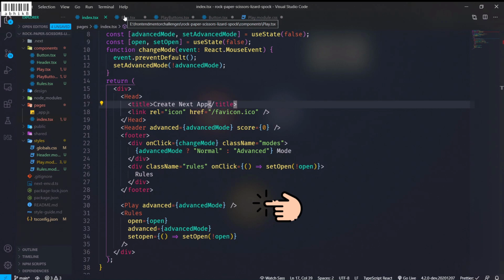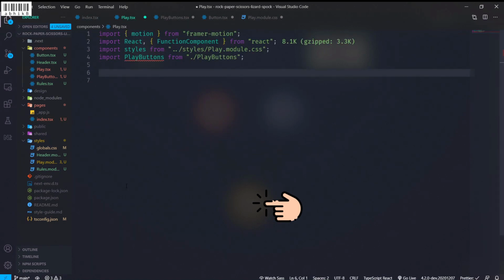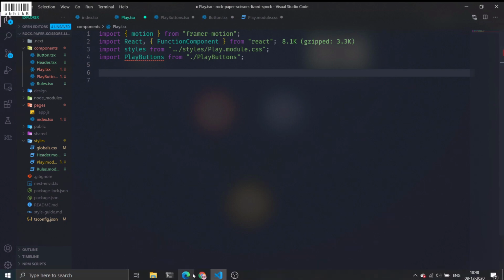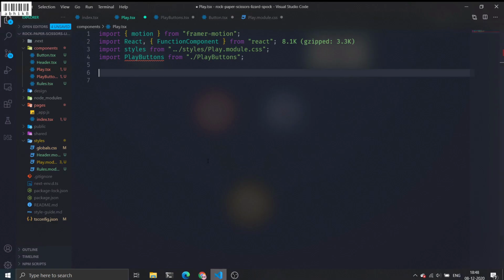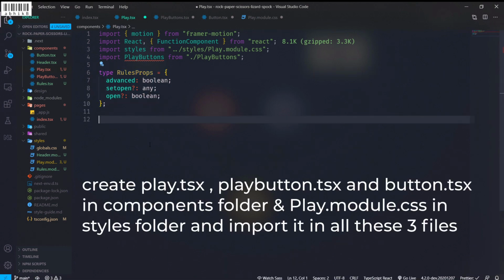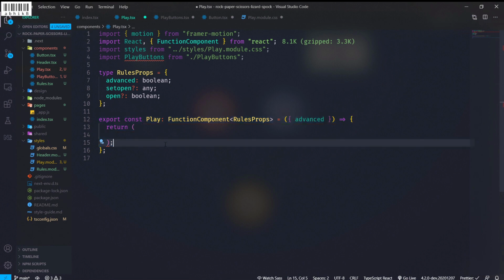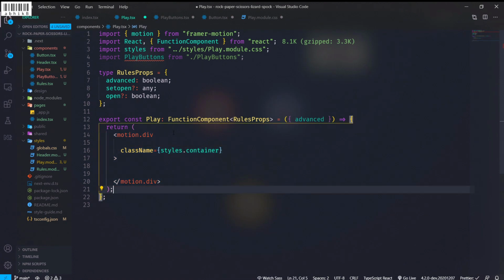So now I am creating a play component, and inside this play component will be those play buttons. So let's create this play component, and these play buttons I'm talking about. For that we need to have this play component, which will have the same props like the rules props. And I will also create this as a functional component, which will take the advanced property right now,